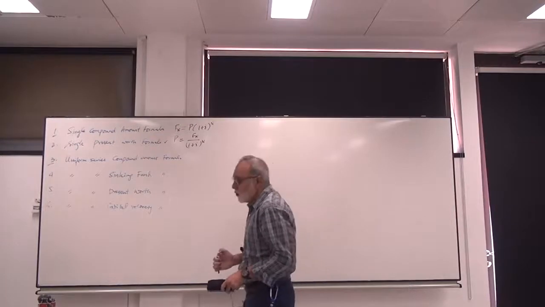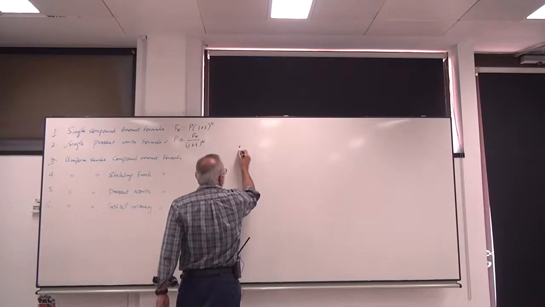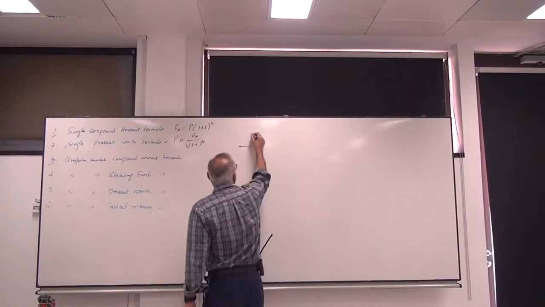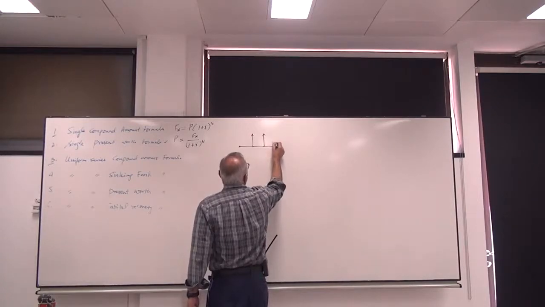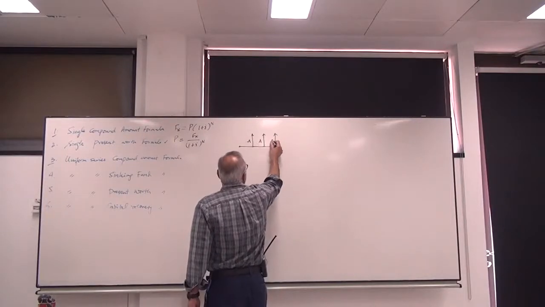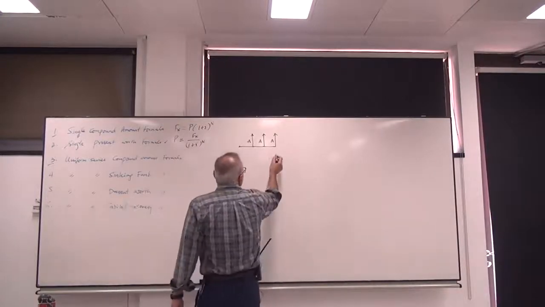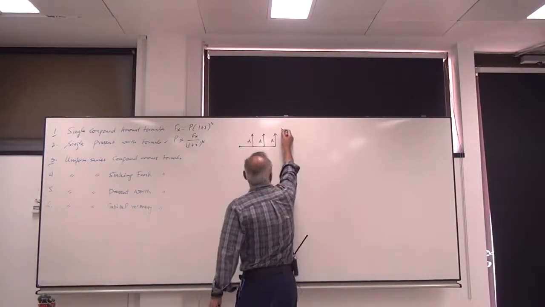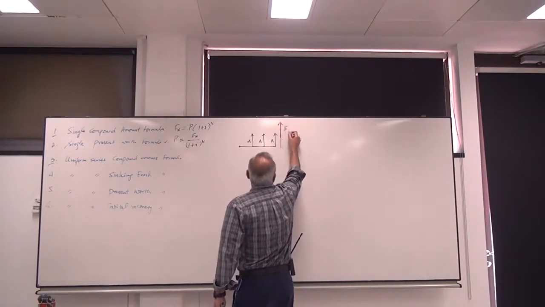Now, uniform series compound amount formula. Let's say we are over here at 0 time, and at the end of this time period we start putting some equal amount of money, and this is called A. A is the annuity, uniform series of payments, and we want to know what will be the future value. So we want to know F.